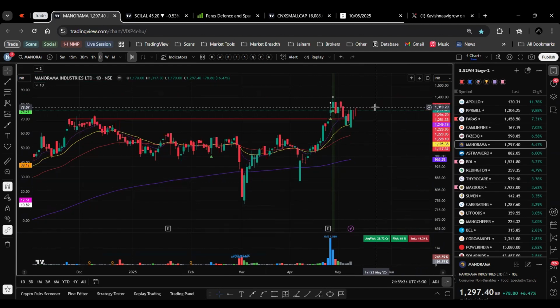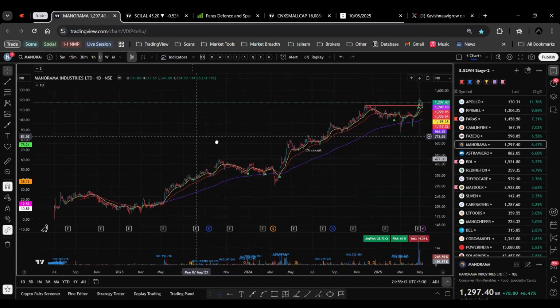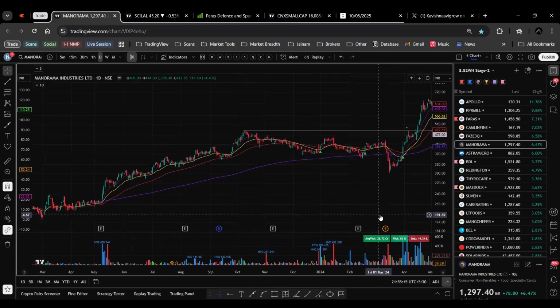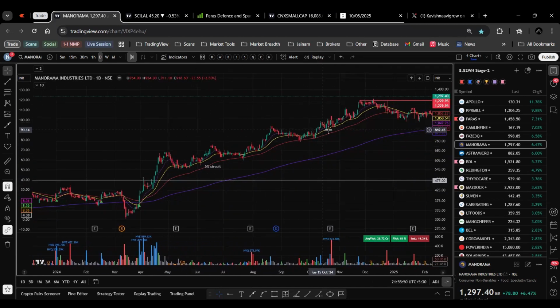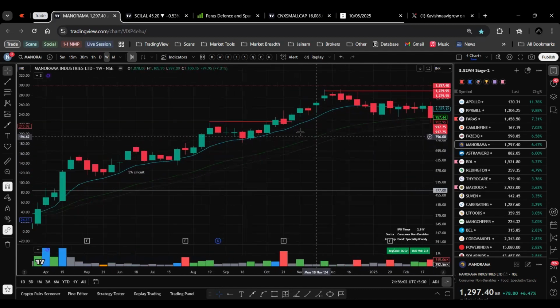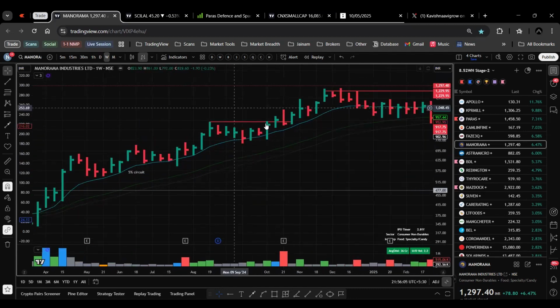Many people will trade this, absolutely. I'm okay if this moves on to become the next big winner, but I'll not change my foundations. So मेरे को personally ऐसा लगता है that big moves take time, so मैं उसका structure होने का wait करूंगा, because I know जब भी ये move करता है, even here after breaking out it formed a base. यहाँ पे भी if you see, it formed a typical high handle जिसको थोड़ा टाइम लगा था. If you see the weekly frame, यहाँ clear ये 3 हफ्ते से एक ही range में था,